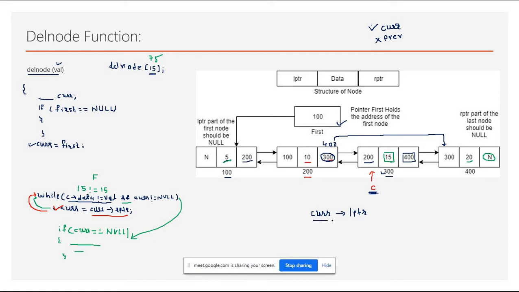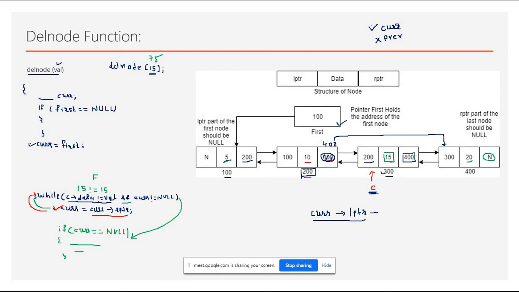So the meaning of current pointing to LPTR is nothing but 200. Are you getting my point? Now the RPTR part of this node has to be changed.